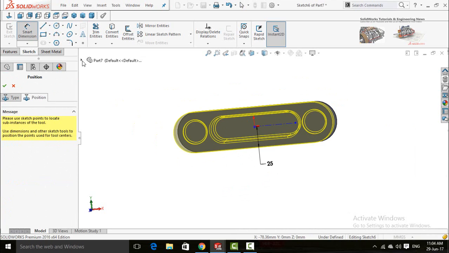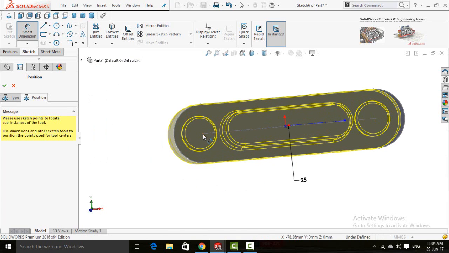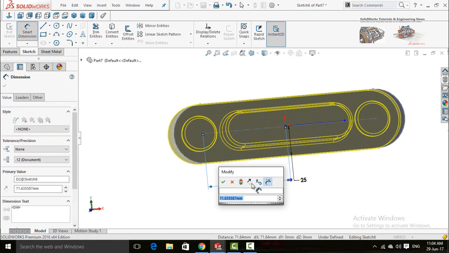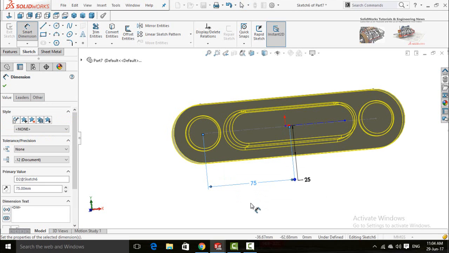Now click on this arrow part 7 and click on this arrow, select this sketch and click on show button. From this point to the origin of die, 75, press OK button.